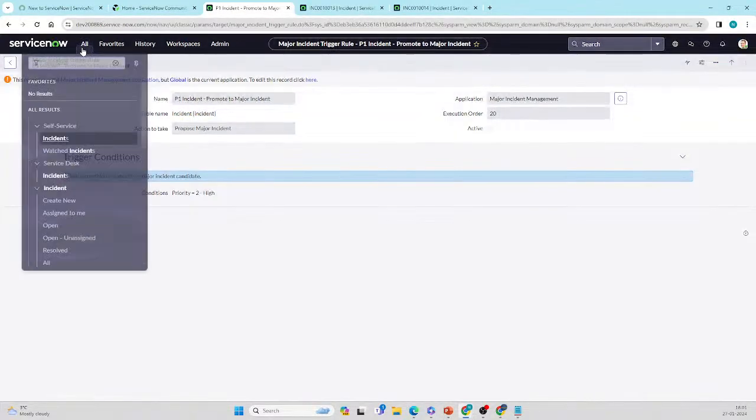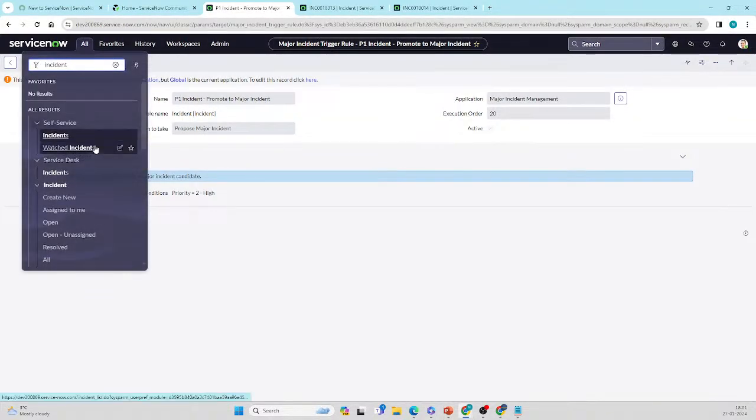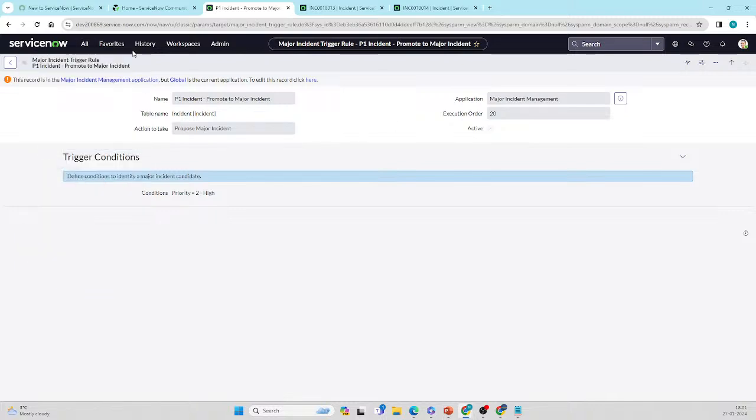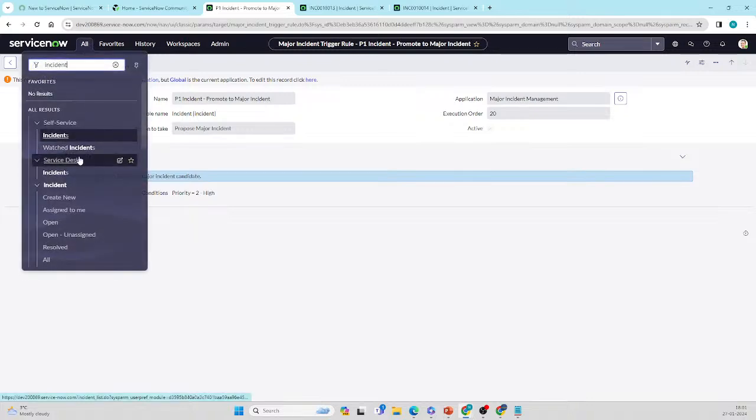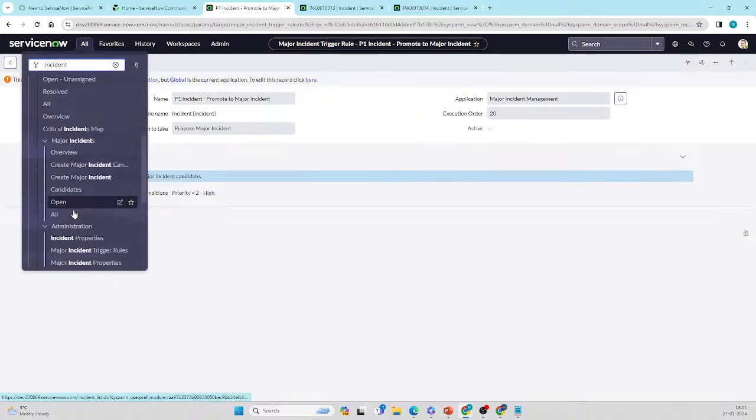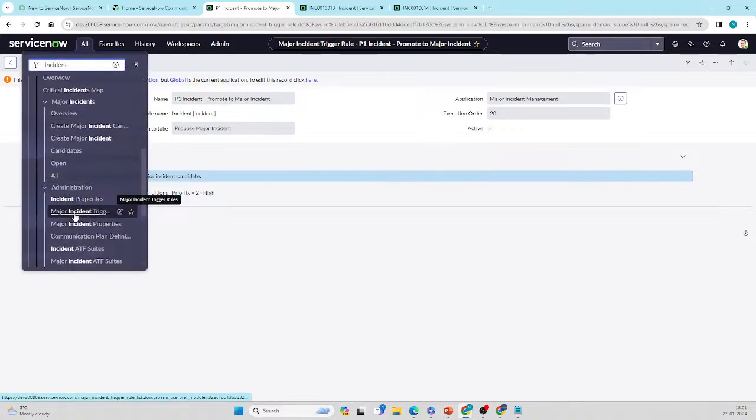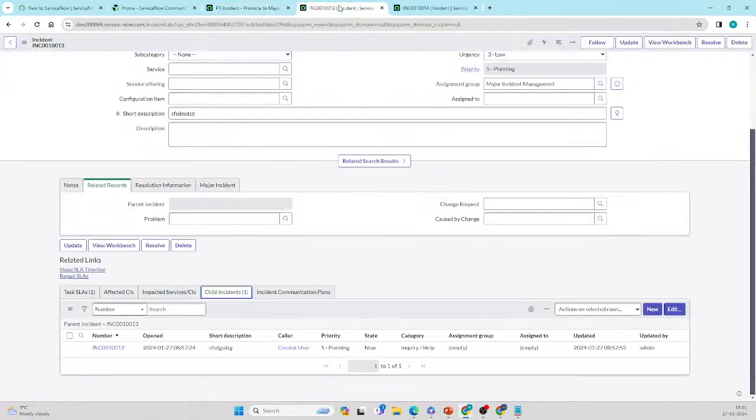You can make trigger rules depending on yours, like some people base them on services. In a real-time scenario, what are major incident trigger rules? They are something like: if the service has business criticality, then it should automatically be created as a promote major incident or something. And if you click on view workbench,